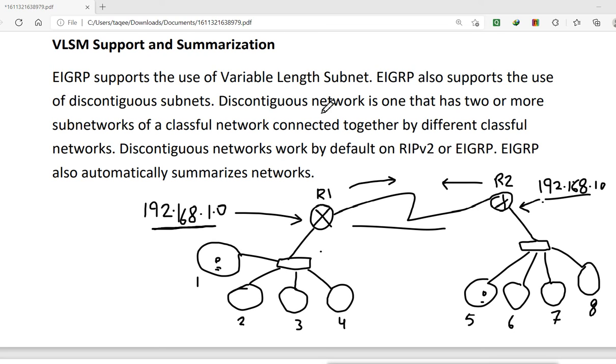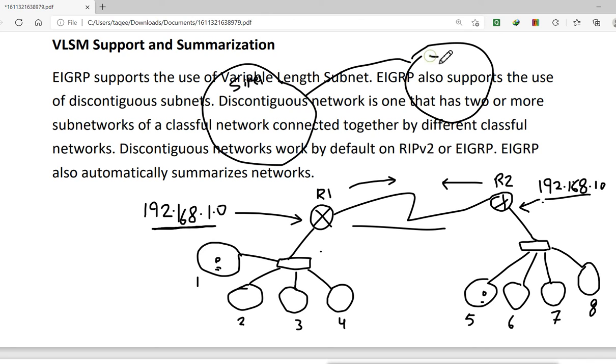Like in OSPF, we create different areas based on location or site. Like this is my site 1, so I will create an area for this, and in this site 1 I have multiple routers and multiple networks, and I'm connected to site 2, where I also have multiple networks.